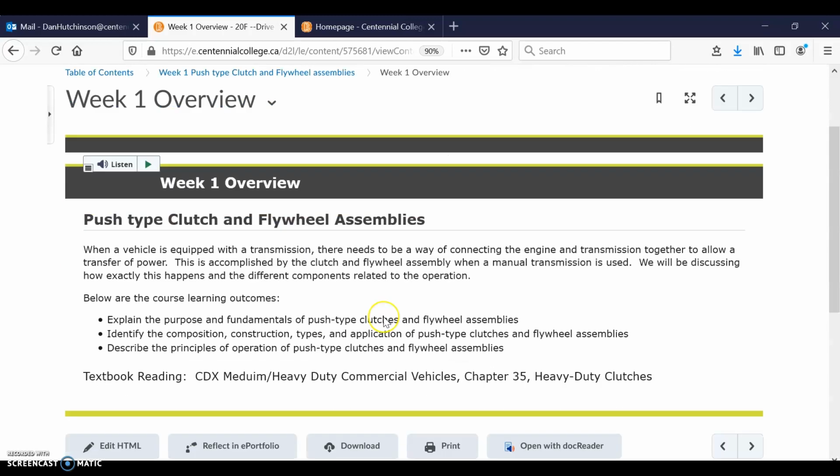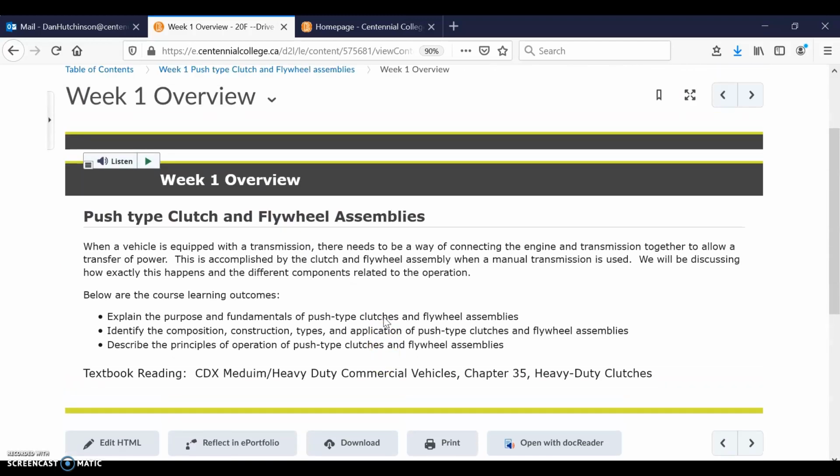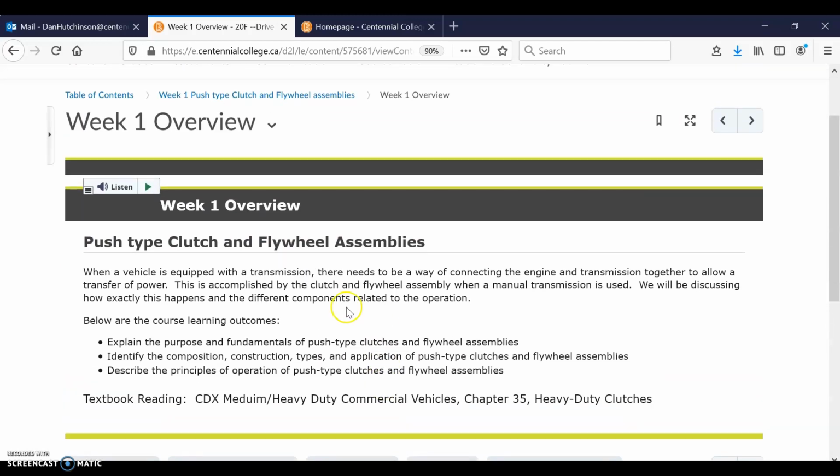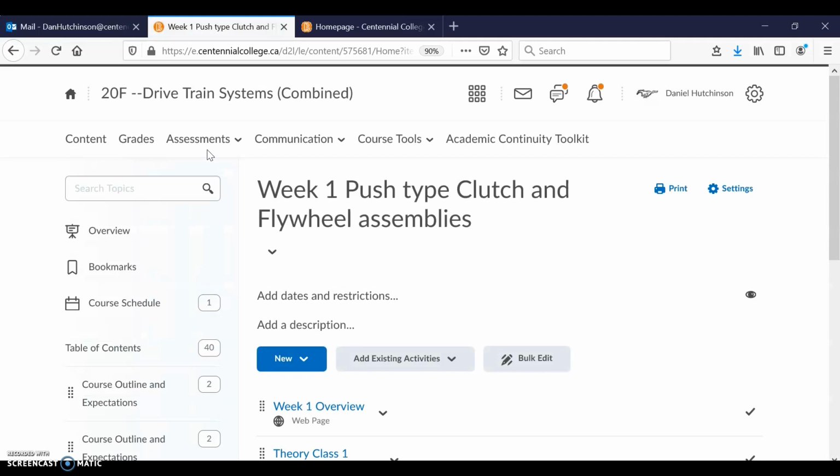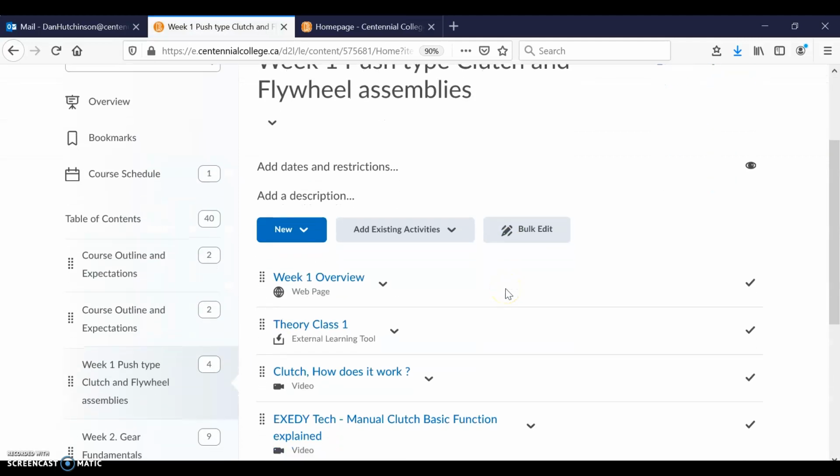This is an overview of what is actually going on for the week. So if you're not sure what we're doing this week, this is where it will be. And it will also have your textbook readings that you're required to do during the week as well. This will have any homework that I've assigned to you. Also, it will be posted in here. Any quizzes or assignments will be linked in here as well, but I will tell you about that during the